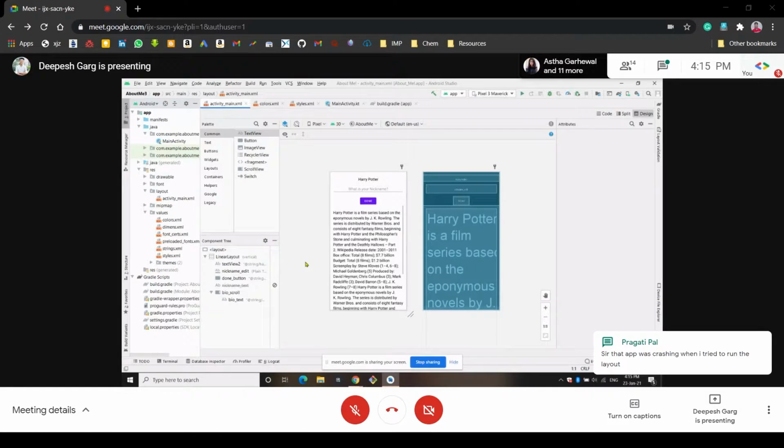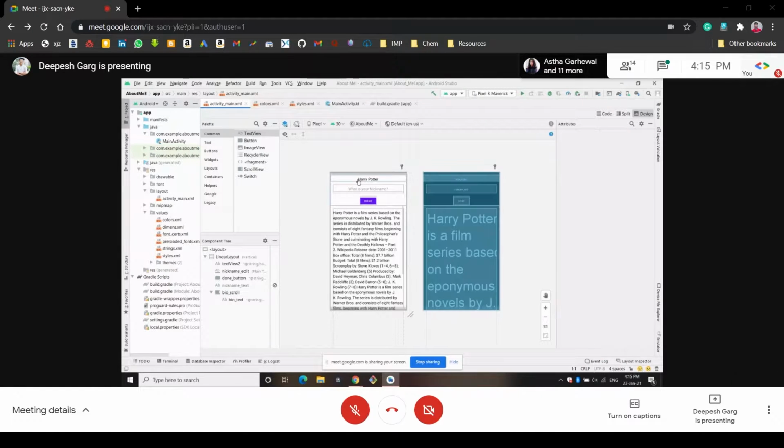First of all, we created our first text view, that is the name of the person about whom the app is created. We created that text view so that the name of that person can be written there. And then we have given the edit text view. What is the edit text view? In this view, we can edit the text. We can write our own text manually, our customized text here.